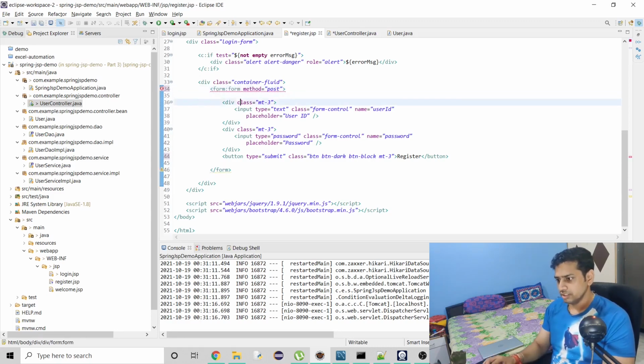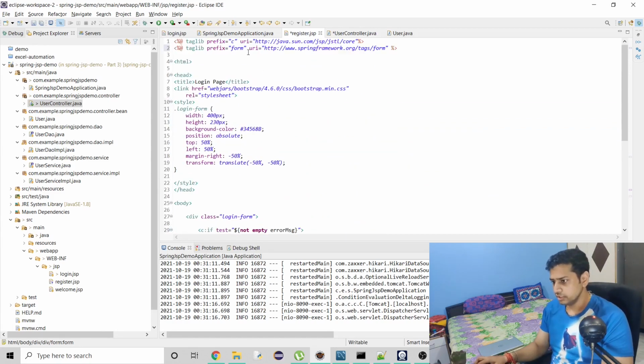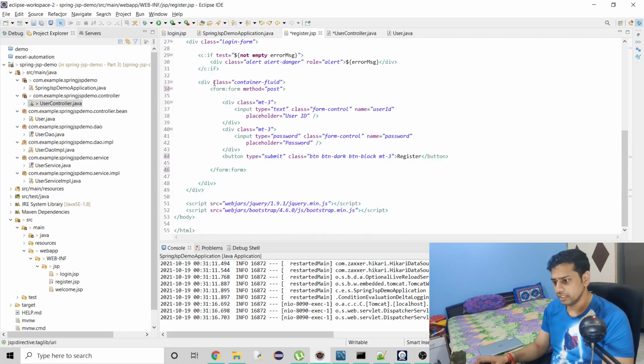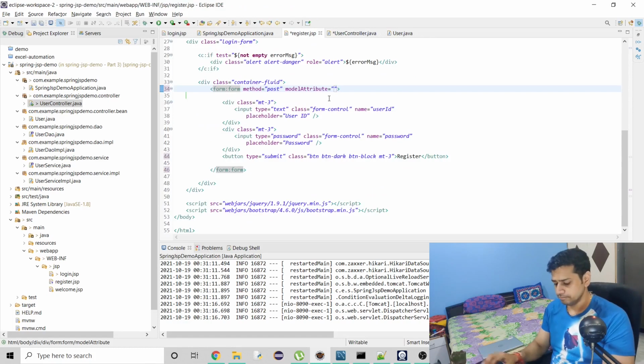form, this is what we meant by core tags. So here if you see, this is a tag, this is a prefix, but this is also a tag, and this is being imported here so that we can use it like this. And then it comes along with this model attribute. So here we just have to provide what we received through our controller. So here we have user, so this is not the name, this is the name. So whatever you are going to put here, you just have to provide this here.